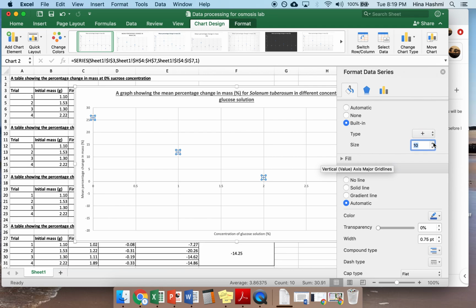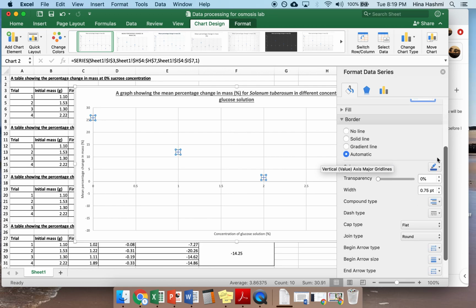I've got terrible eyesight, so I'm going to go for a size 12 just so I can see it nice and clear. I'm also going to make it red because that's some colour that stands out for me. And I'm going to make the line just a wee bit thicker, just so it's easier to see. Okay, I'm pretty happy with those points now. So the next step is I'm going to put in